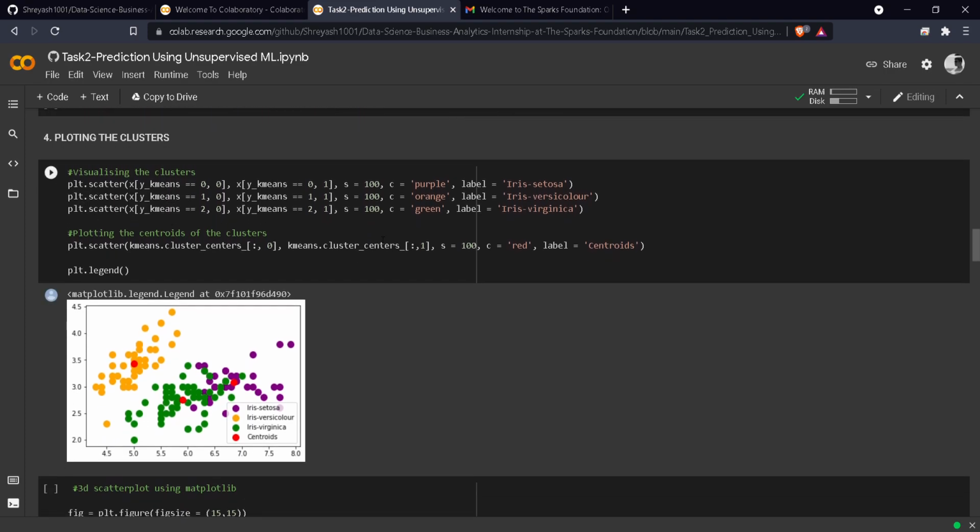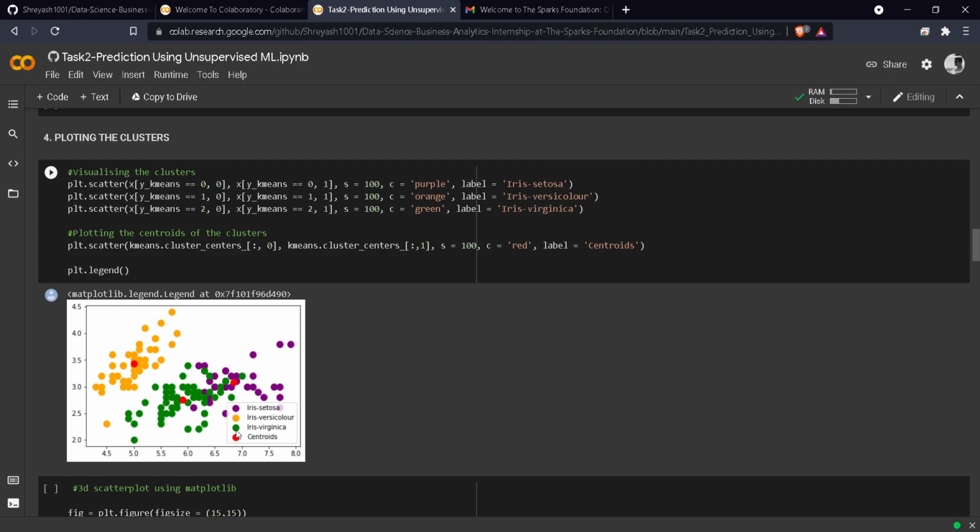So there are 3 labels. One is iris setosa, iris versicolor, and iris virginica, and we are giving 3 different colors according to each label. The purple color is given to iris setosa, the orange color is given to iris versicolor, and green color to iris virginica.